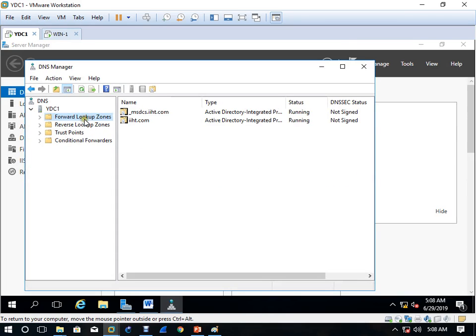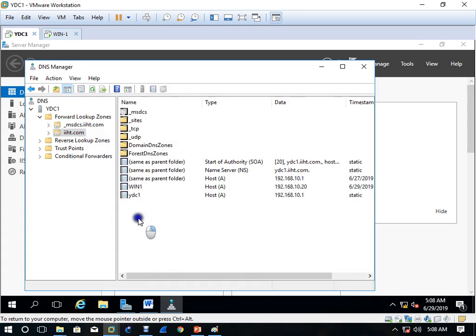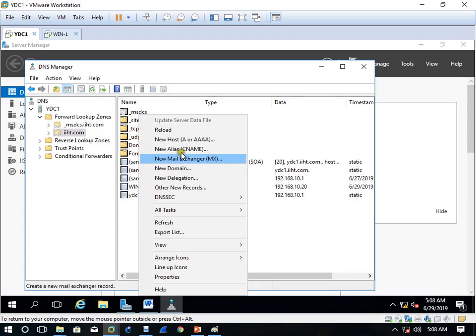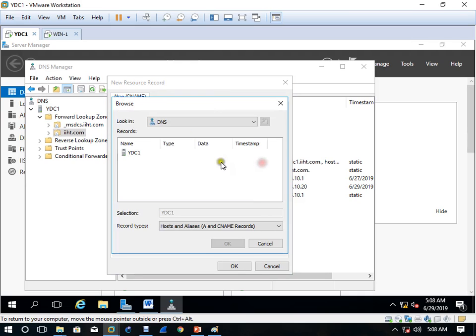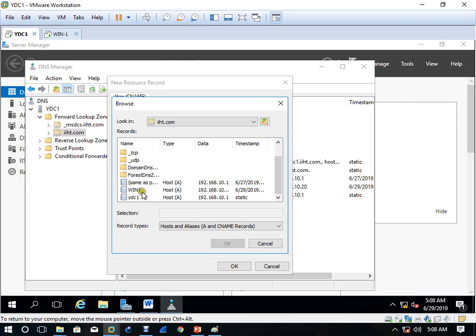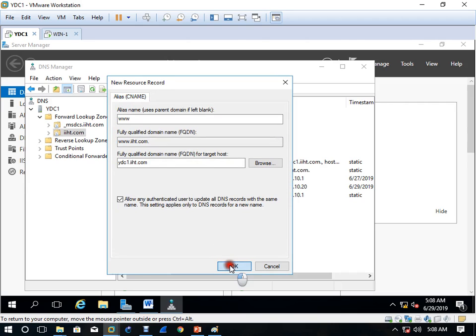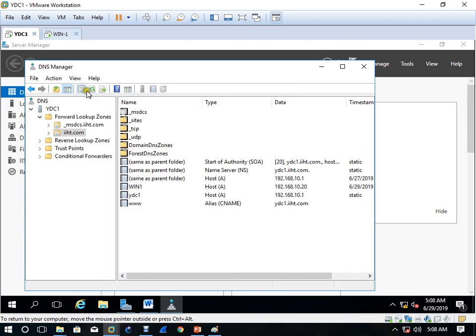Come to the forward lookup zone IIHT, and here right click, new alias. Yes, www. So it is www.iiht.com. Click here, then click on browse, Yaoundé DC1, forward IIHT, and then come down to Yaoundé DC1. Okay, and then refresh it. Fine.